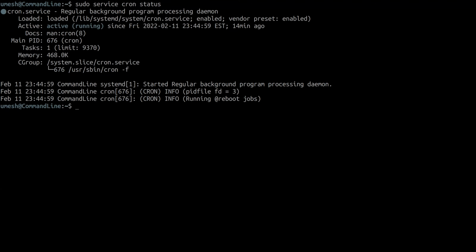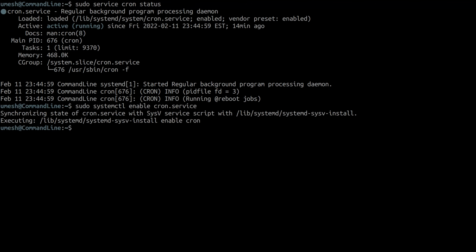And if the package is installed but not started automatically during the boot process, you can enable it by doing sudo systemctl enable cron.service, and you can do the same for anacron too. So both cron and anacron are daemons that can schedule execution of recurring tasks. There are subtle differences. Cron jobs can run as often as every minute. However, it assumes that the system is running continuously, and if the system is not on at the time when a job is scheduled, the job will not be executed.